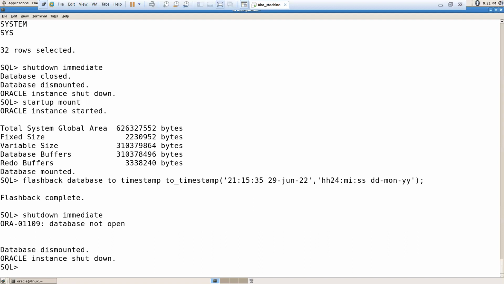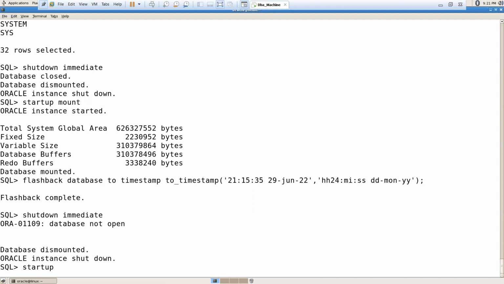You did that and opened the database with reset logs. Now he says not 20 minutes, we have to go 25 minutes back. Now you can't, because after opening with reset logs, whatever flash logs existed are invalid. So what we have to do, instead of normal startup,